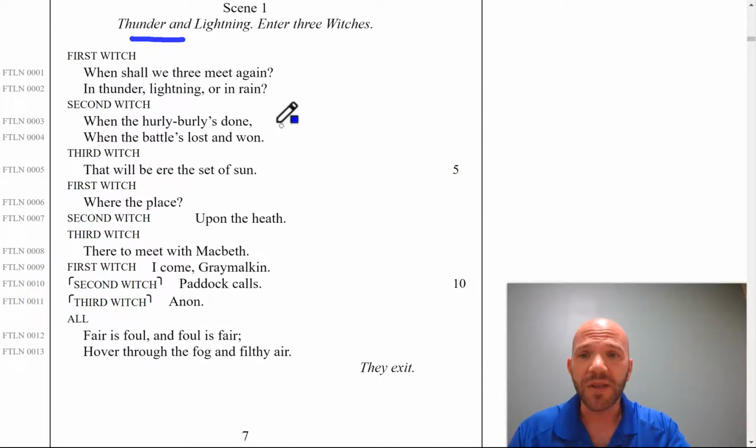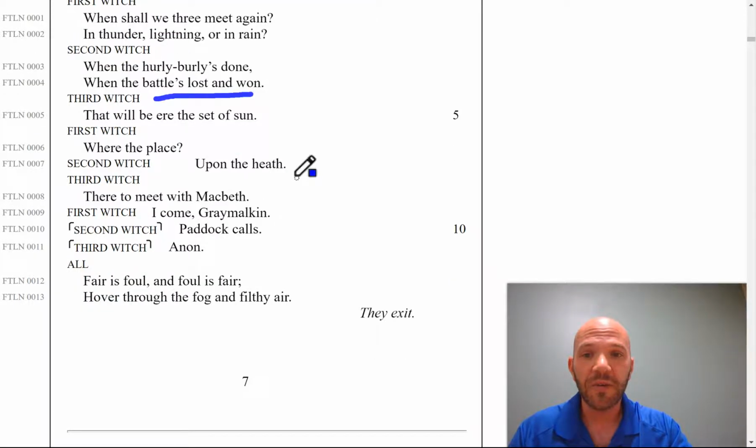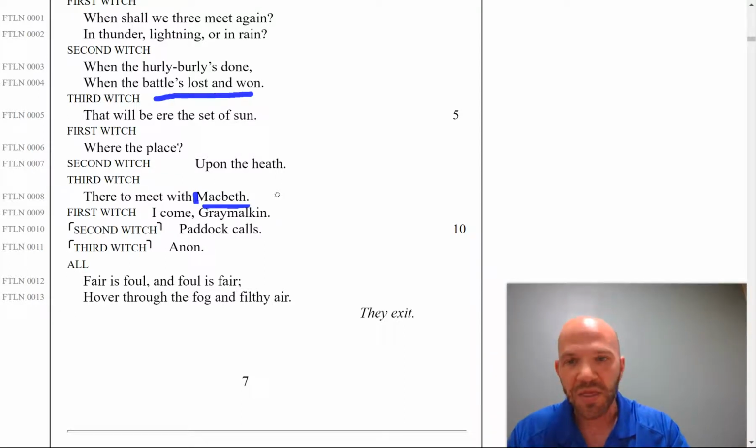One thing that you might see here, when they're talking about when they're going to meet again, is that things are introduced that we should know about the setting of the play. Here we know when they say this that it means there's a war going on. There is a battle somewhere. Then, where they're going to meet, part of this funky rhythm, where they change where the rhymes are, makes it so that there might be a pause right here. When they say this name, it adds more emphasis to it: where the place upon the heath, there to meet with Macbeth. In a lot of versions and film versions, which we'll see, there's a pause right there.